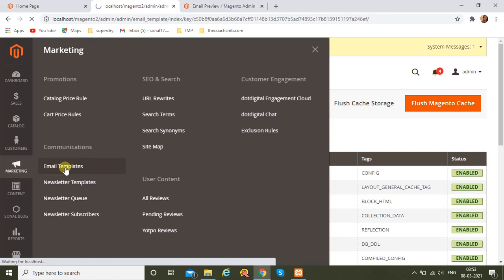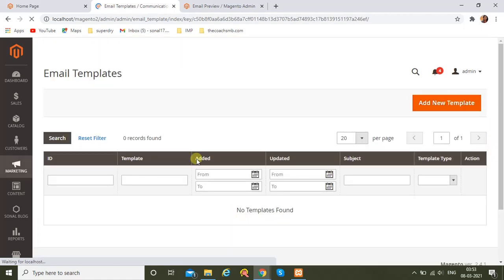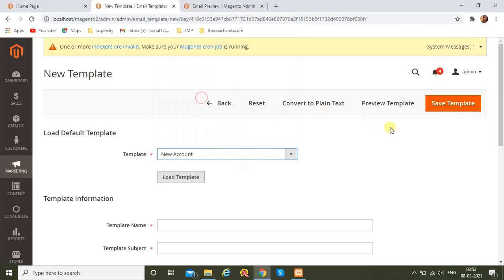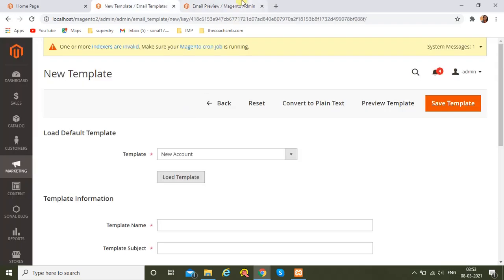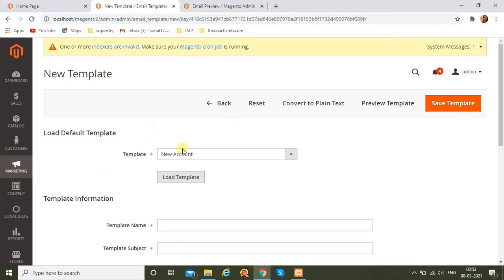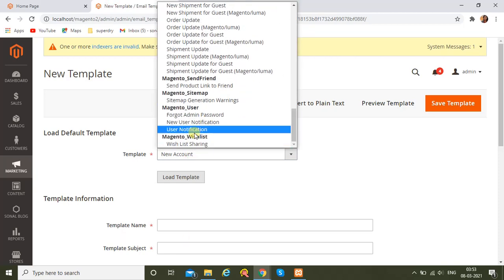Here you can add a new email template. If you have some emails here, you can edit and see them. Just click on one and it will give an option to preview the email template. We uploaded the logo at one particular location, but that logo will be visible in every email we send from our website. So this is how we can update the logo in the email templates. You can check in other email templates also, and it will be updated everywhere.